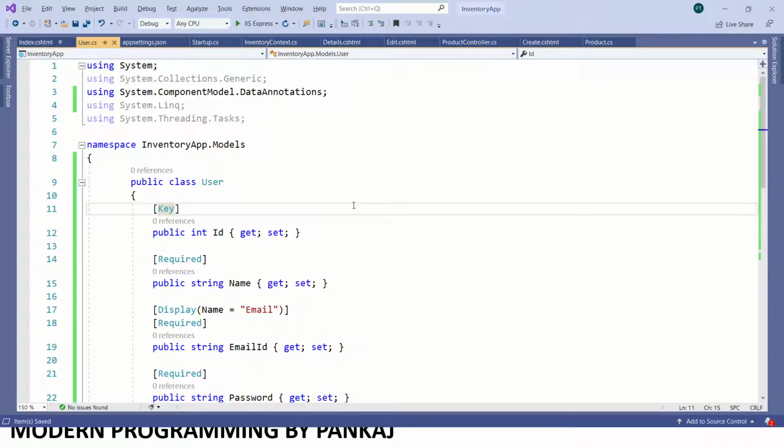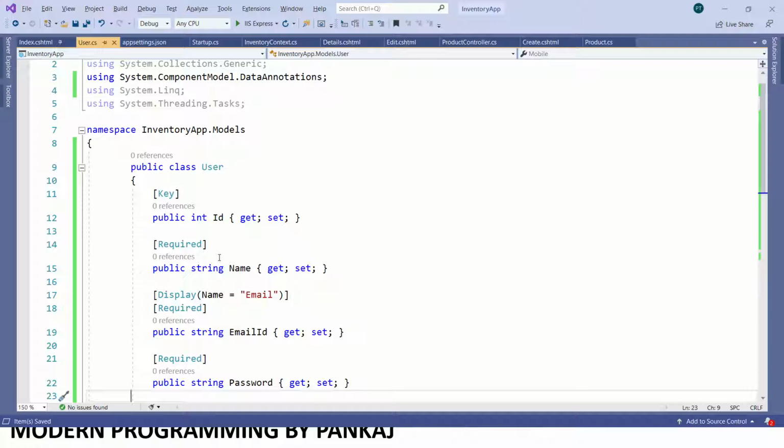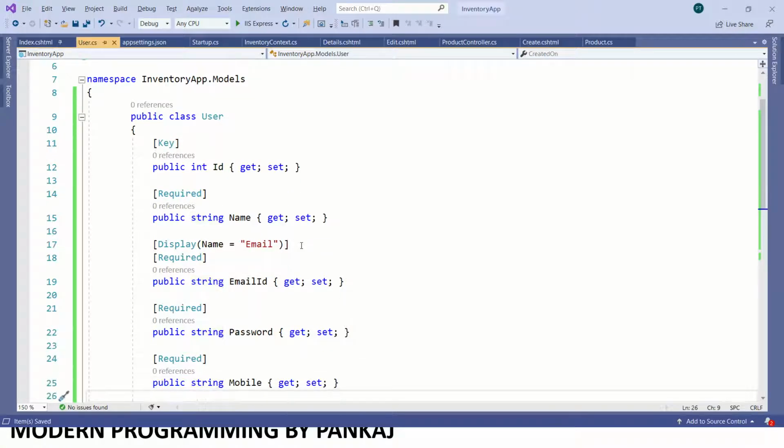Now you can see it. What is the use of these attributes, and how can we use them? Everything is explained in my previous video, which I created for MVC, where I explained what data annotations are in MVC. So you can get it in my MVC tutorial. As the name says, it is a required attribute which enforces the user to pass the name while creating the user. There are multiple attributes which we can use while creating the classes.